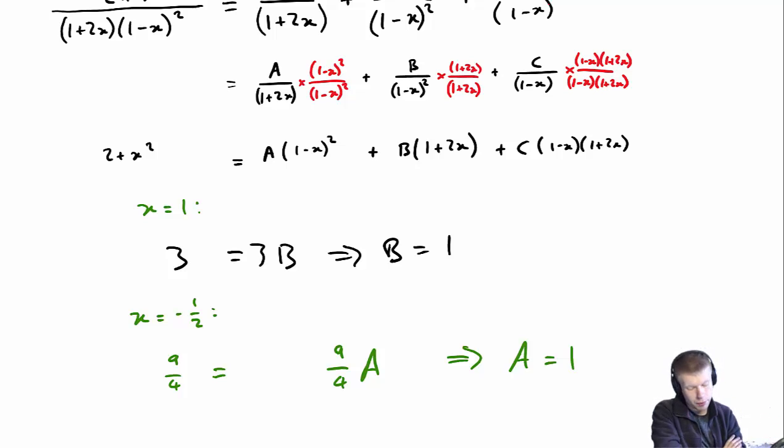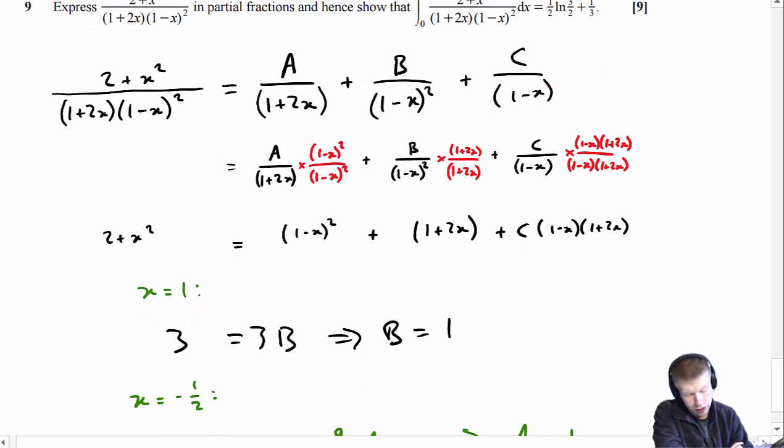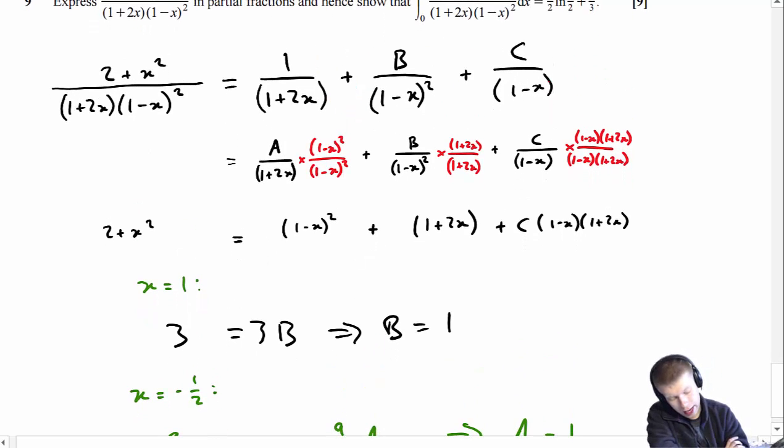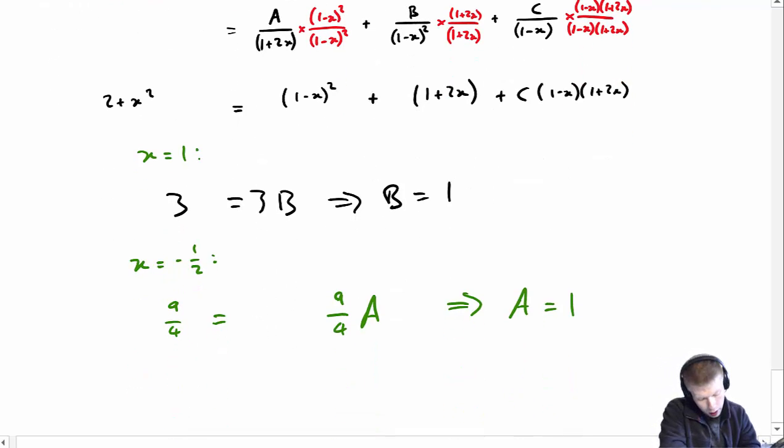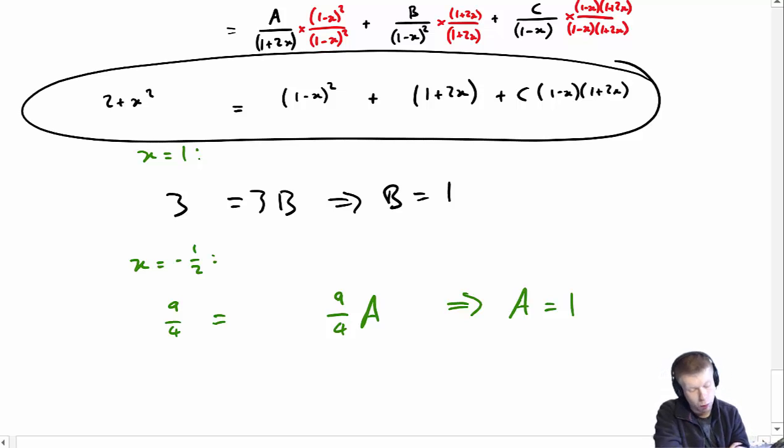So I've got a and I've got b. Now I can just replace a with 1, and I can just replace b with 1. And actually, I can go up to my original thing up here, and I can also just replace a with 1 and b with 1. Okay, cool. Now basically what I need to do is work out what c is,